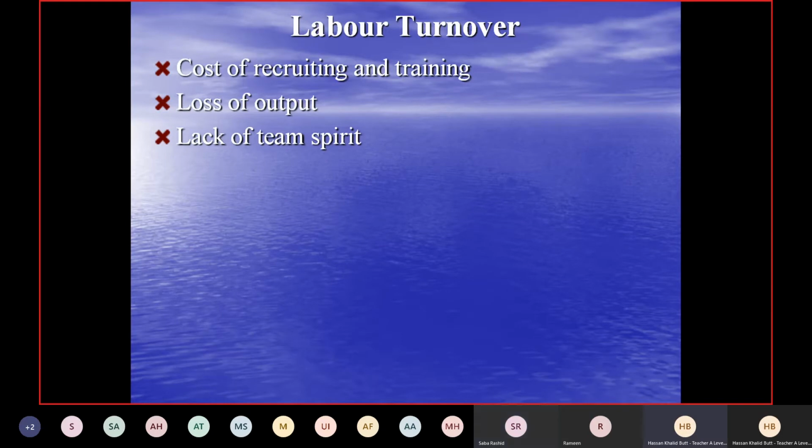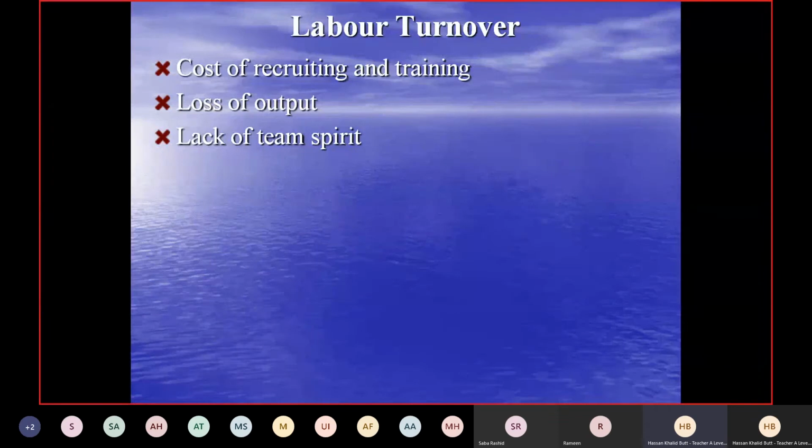Okay, all right, that is one point. Although I was not thinking that way, it's a valid point. Very good. Obviously, if there is a high labor turnover, every now and then a worker leaves. So the existing workers who are part of a certain team will also be demotivated, and their team spirit will go down. Why? Because there might be very important members of the team who are leaving after every month or a couple of months. So obviously, it will demotivate them that now we are deprived of a very valuable member of the team, and how can we achieve the target?